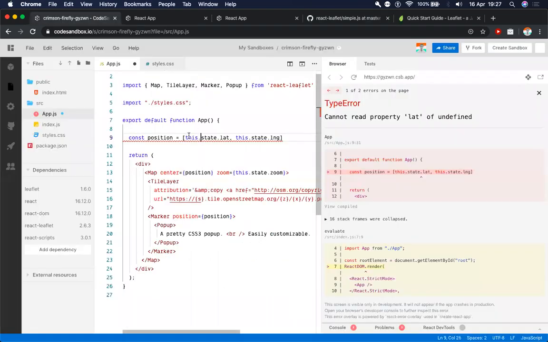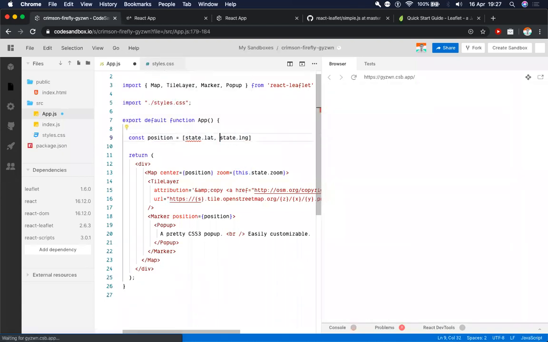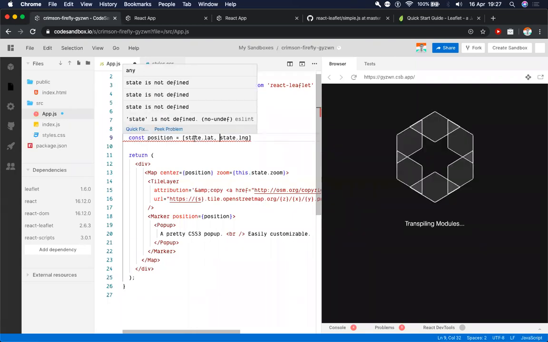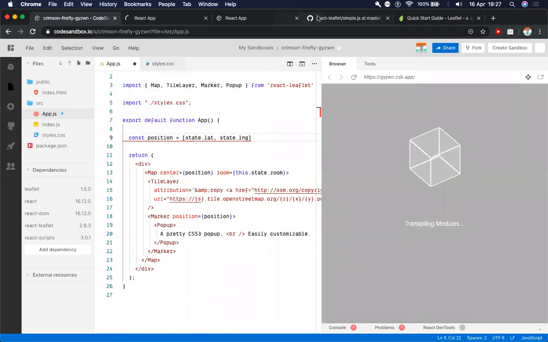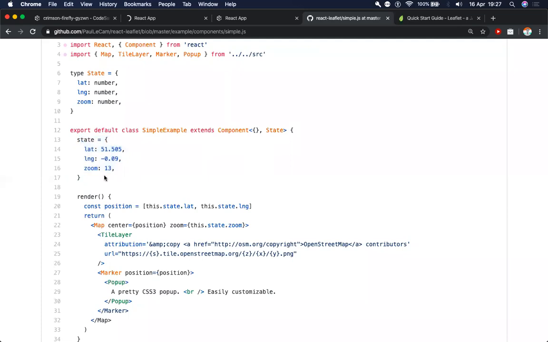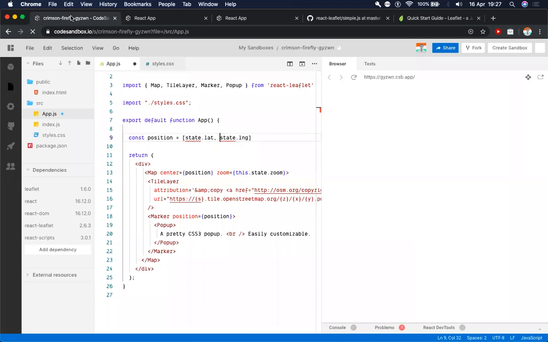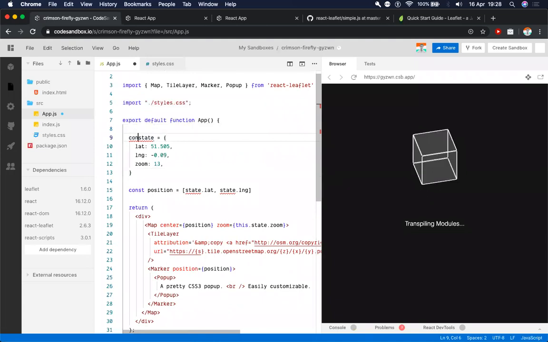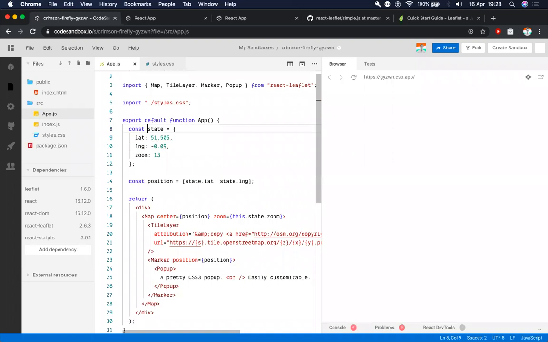So we don't really need this over here. I'll remove this from here and here. So the next error we'll get is that our state is not defined. So what I will do is now I'll pick state from here and paste it here. And of course, we need to either use a const or let here. I will use const to define state as a constant right now.